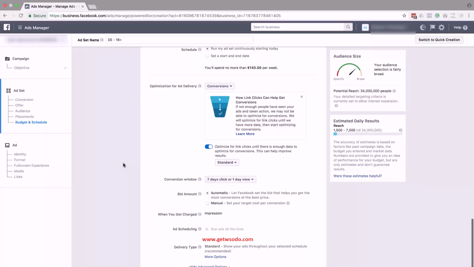One way to build a seed audience was to start off with a traffic campaign to gather initial pixel data, and then you grab the data that you got from your traffic campaign, you turn it into a custom audience, then a lookalike audience, and then you launch a second campaign, a conversion campaign with the lookalike audience and the seed audience that you built with the first campaign, the traffic campaign. So it's kind of a sequential way of launching campaigns. In order to get initial pixel data, you want to start with a traffic campaign and then move on to